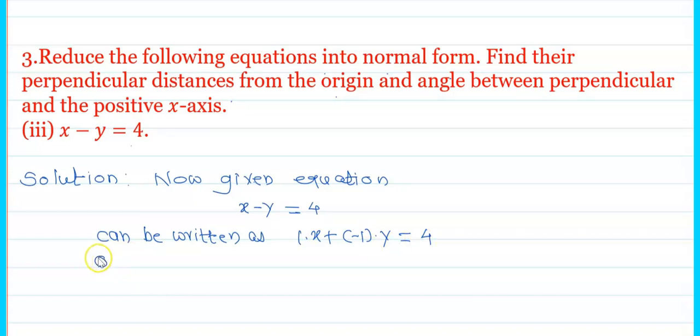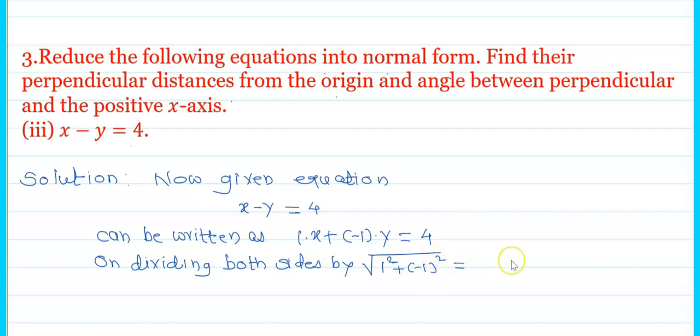Now on dividing both sides by the square root of 1 squared plus (minus 1) squared, which equals the square root of 1 plus 1, that is root 2, we obtain